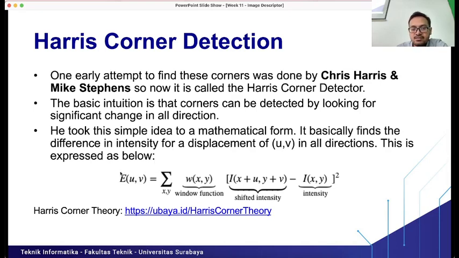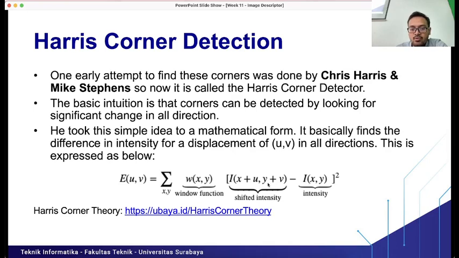E(u,v), it means this is the significant intensity change from the specific area in our image, equals sigma over x, y of the window function w(x,y) times the shifted intensity I(x+u, y+v), so this is the formula for looking at the pixel values in a different area, minus I(x,y), the previous intensity in the specific area.